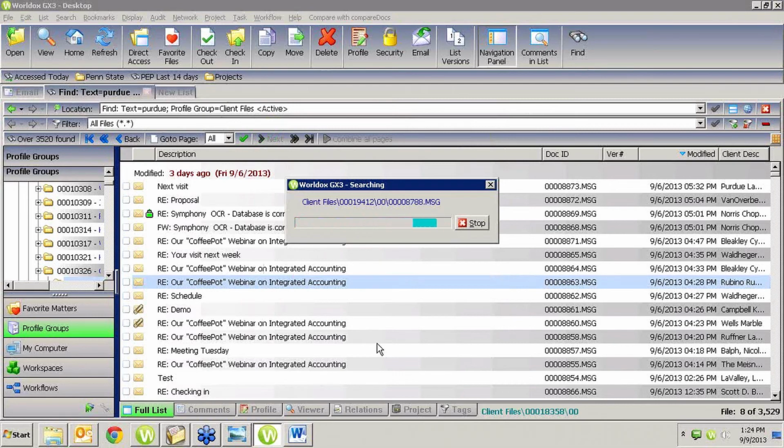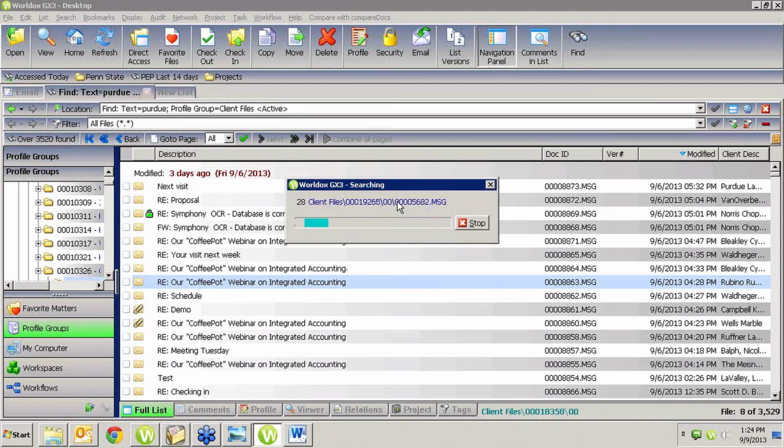And then what it does is it searches through these 3,500 documents and finds only those documents that already had the word Purdue, but that also have the word mobile in them. Now, when you get into this method of search, it's doing what we call walking the tree, because it's doing a search within a search. So these searches take a little bit longer, but they are very good at narrowing specifically down to certain words,